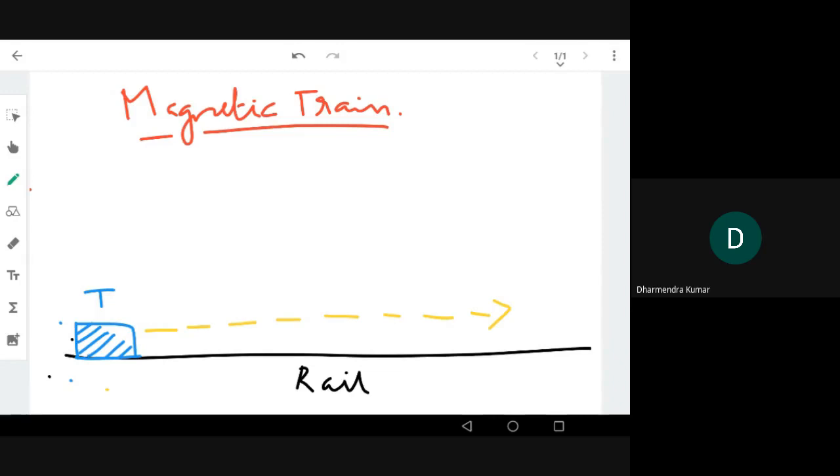Through the rail the magnetic train can pass by manipulating the magnetic field of the rail and train. That is, you can say, the principle of maglev or all those magnetic trains. So leave all those scientific principles, magnetic principles and torque, all those things. Right now we have to understand the functionality. The magnetic train can move over the rail by inducing a force on the magnetic train by some mechanism. We are not going to think about what mechanism is generating the force. It can be a repulsion or attraction, magnetic principles, whatever.